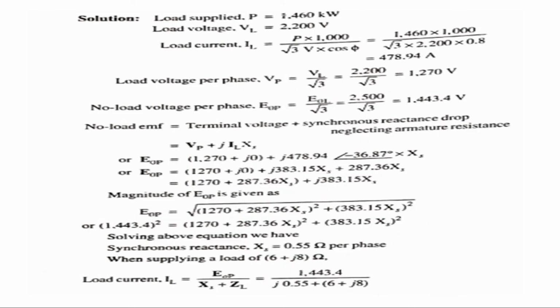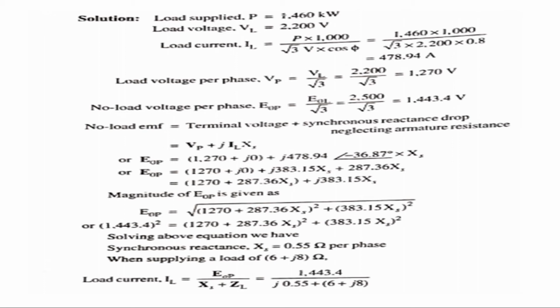So load supplied is given as 1460 kilowatt. Load voltage is VL equal to 2200 volts. So we can find out load current IL is P into 10 power 3 by root 3 into V into cos phi. 478.94 amps is the value of load current calculated. So now load voltage per phase is line voltage by root 3, so that is 1270 volts. No load voltage per phase is 2500 by root 3, that is